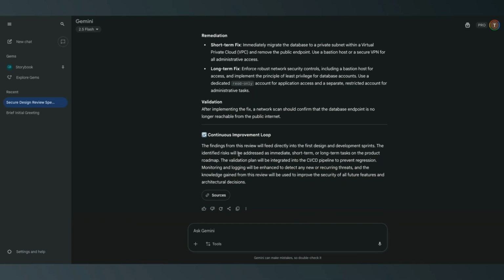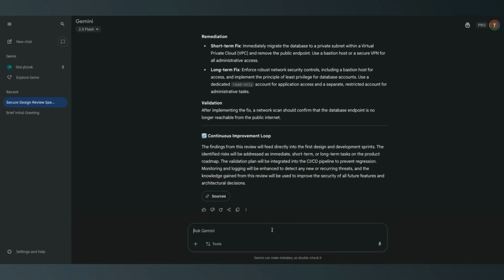This is nice. You can ask, can you give the Jira formatted data for all the findings, just like the one you gave for